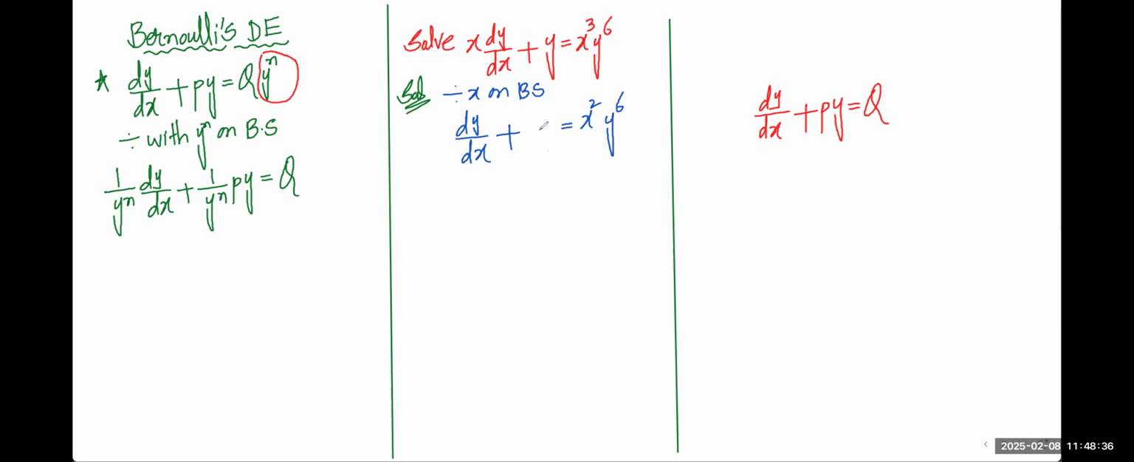I can also write this one as 1 by x into y, that is nothing but y by x. Comparing with the standard form of Bernoulli, dy by dx. Now,